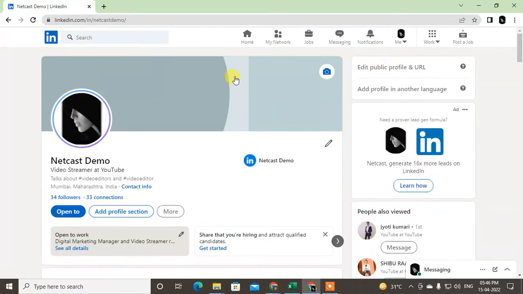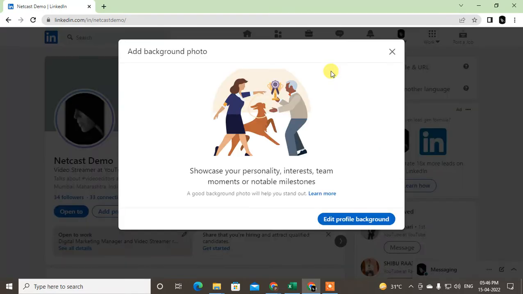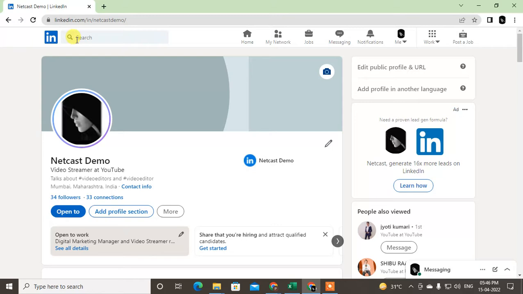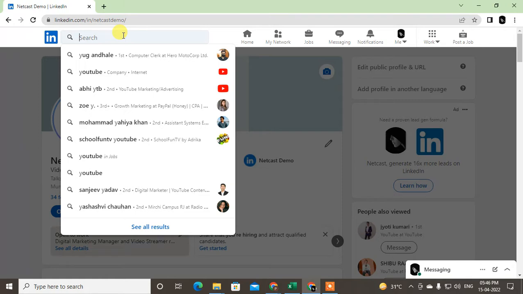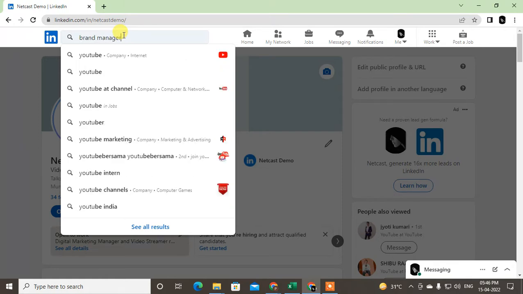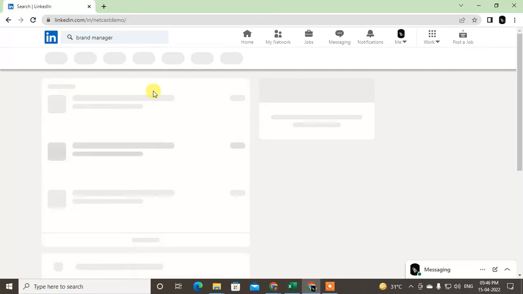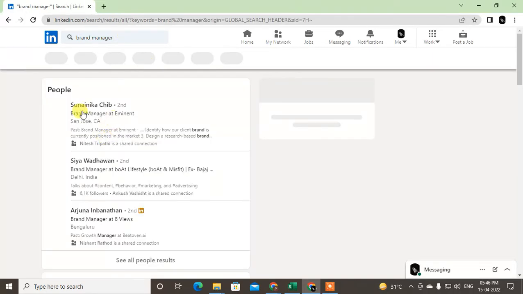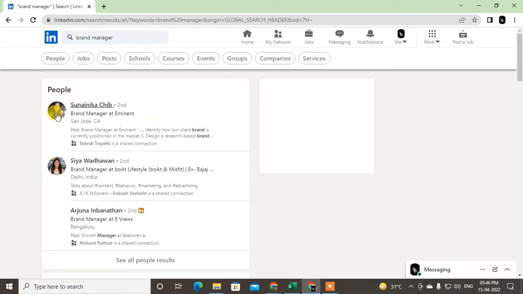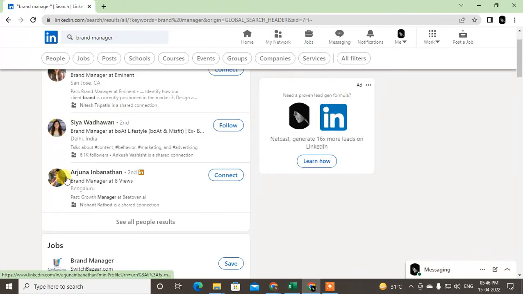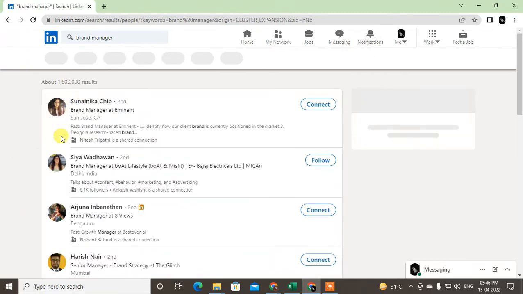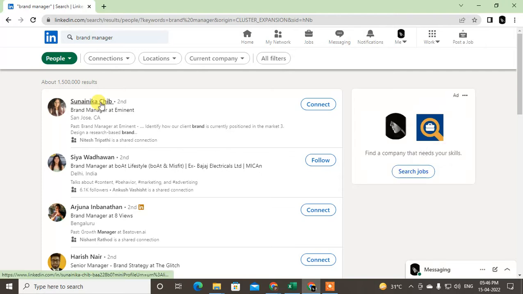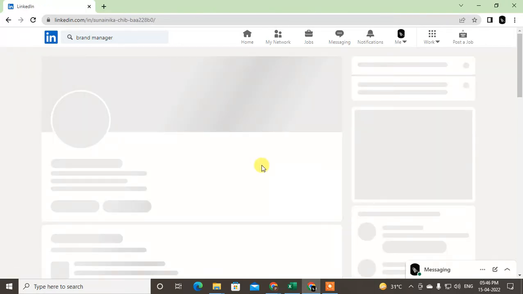Then use your cover photo, which showcases your business, or you can search for professional people from here. If I search for YouTuber, or say brand manager here, you can see the profile photo of every top profile. You can see all the profile photos are close-ups and they have a little bit of a smile on their face. And if I open any profile here, you can see,